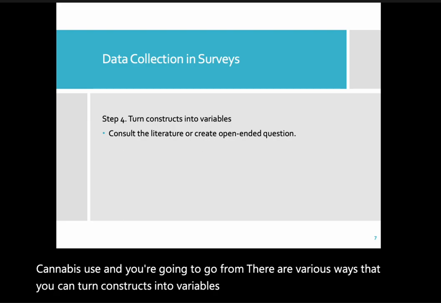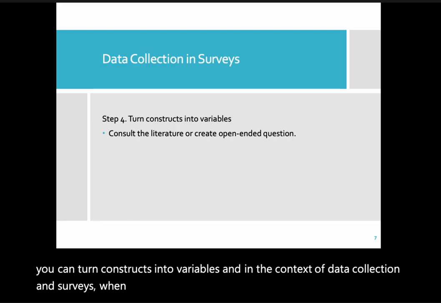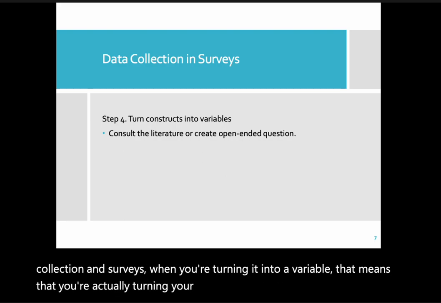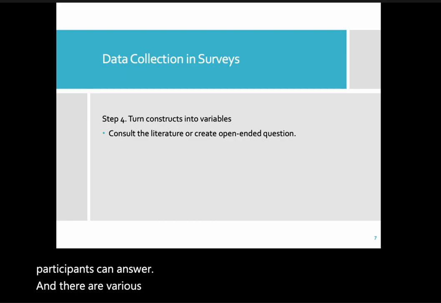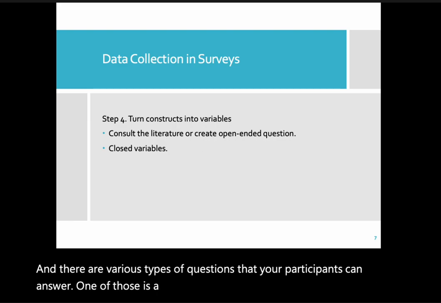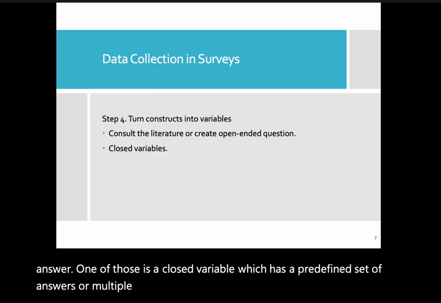And in the context of data collection and surveys, when you're turning it into a variable, that means that you're actually turning your construct into a question that your participants can answer. And there are various types of questions that your participants can answer. One of those is a closed variable, which has a predefined set of answers or multiple choice options that a